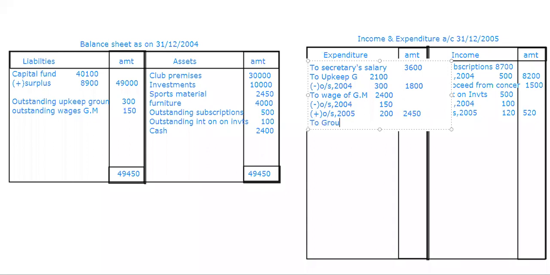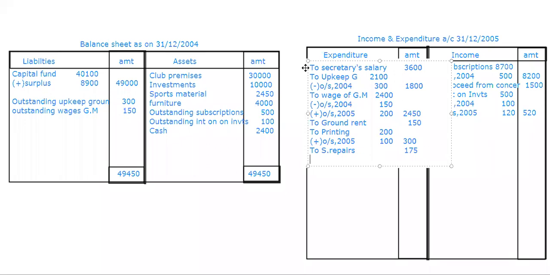Then two, we don't have any adjustment for this one, so I'm taking it as it is, ground rent of 150. Then printing, we have an adjustment again. The current year outstanding we have in outstanding of 2005, which is 100. He gave 300. Then sundry repairs, there is no such adjustment, so directly I'm taking sundry repairs of value 175.